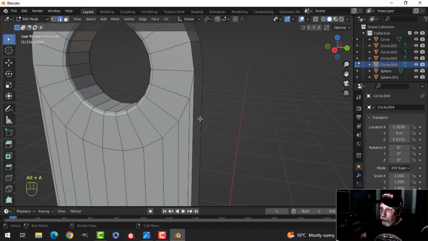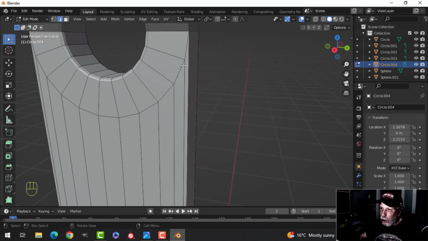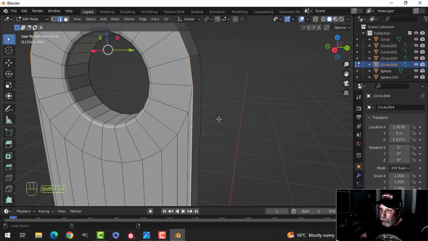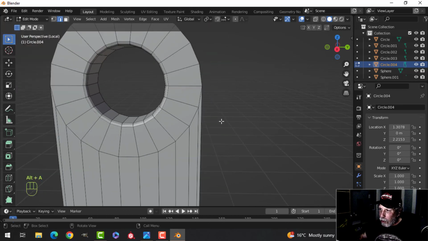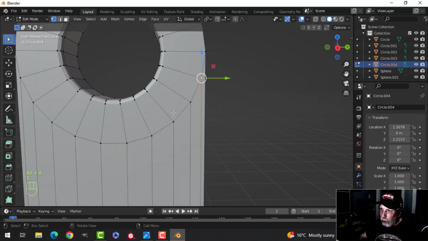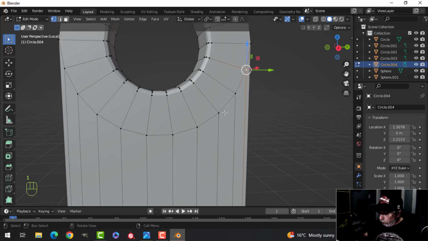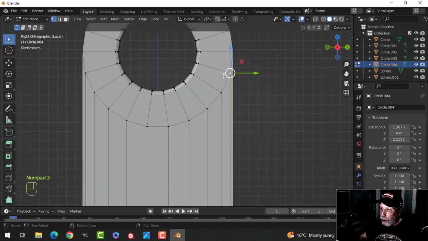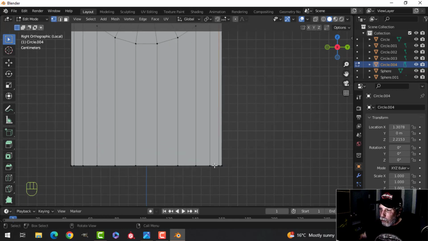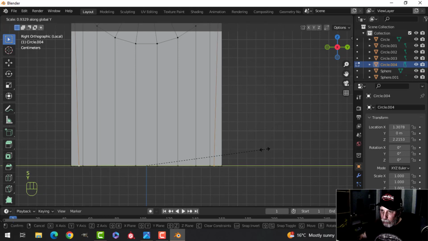Now I want to bevel the outside edge, but this edge is a little bit close. Like so, I mean, if I grab them like this, it's a little close. So what I'm going to do, I think, is I'm going to take these points, look from the side, and move them down out of the way, and this point as well. In fact, I can do these first. I'll show you what I'm getting at. I'm going to scale in the Y for these,